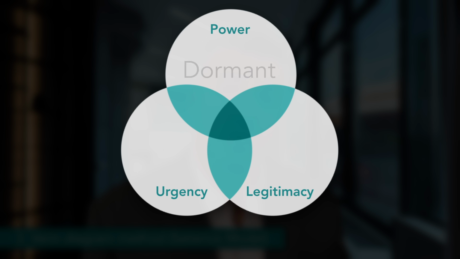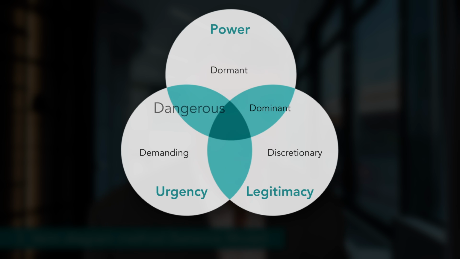In this model, dormant, discretionary, and demanding stakeholders are just not as important as those groups that intersect, such as dominant stakeholders who have legitimacy and authority, so their needs must be well understood, and they'll need regular, tailored communication, just like the dangerous stakeholders who have high power and a high sense of urgency, which can really complicate things for you. Dependent stakeholders also need to be kept well informed and involved in decision making from time to time, but they just don't have as much power as the dominant or dangerous stakeholders to change outcomes.